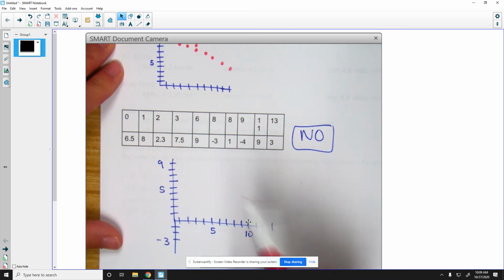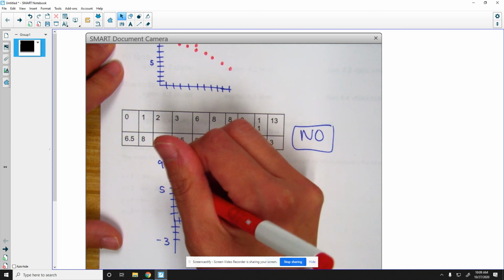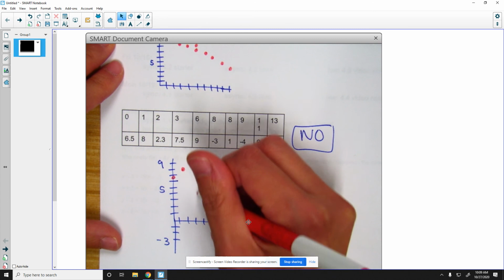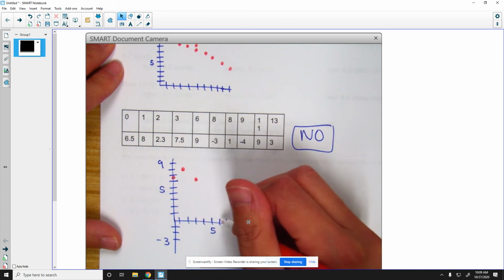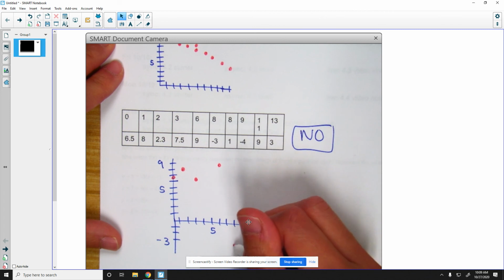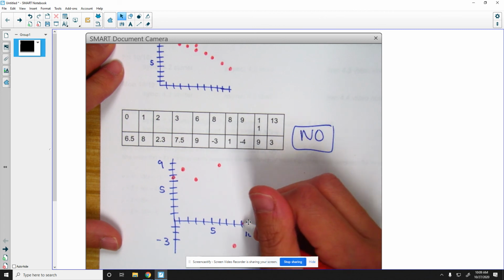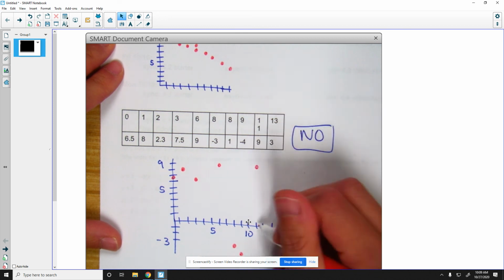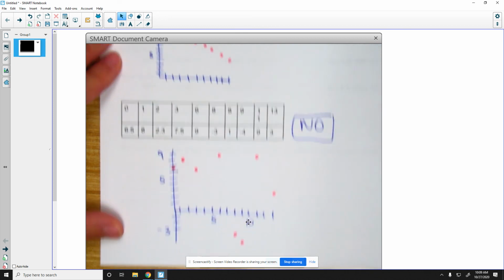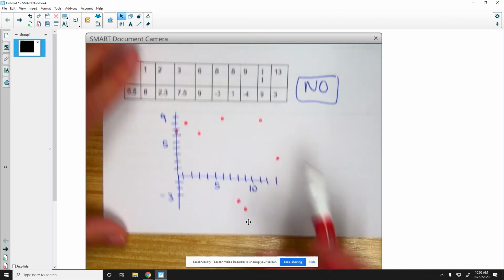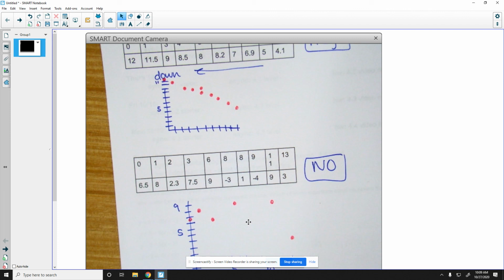Okay, so if I really quickly sketch this, it's going to be 1, 2, 3, 7.5, 6, 9, 8, -3, 9, -4, 11, 9, 13, 3. You see how your dots are pretty much just everywhere. So that's why it's no correlation. So sketch it if you can't visualize it. Okay, that's always a sure way that you can do it. All right, so